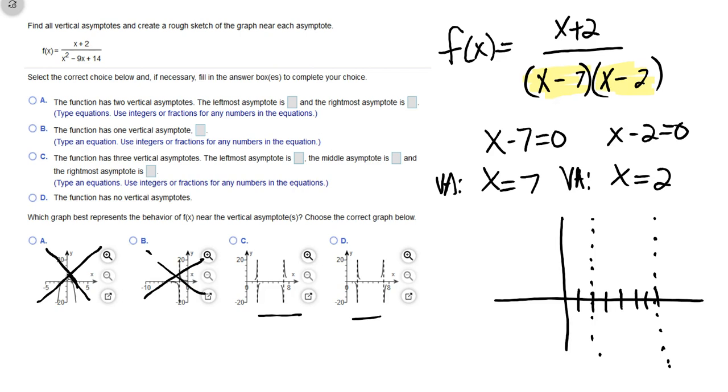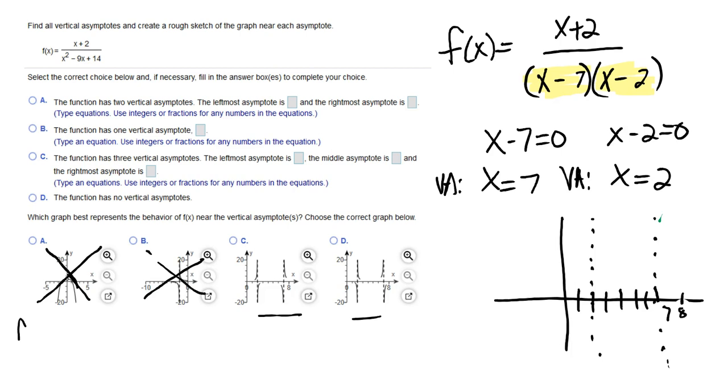So what I mean is if I go on this side of the 7, my graph might be going up to infinity like this, or my graph might be going down to negative infinity like that. I need to test it out to see which is which. So the way I test it out is just by picking a value that is slightly bigger than 7. So since this is 7, I'm going to pick a number that's just a little bit bigger than 7, like maybe 8,